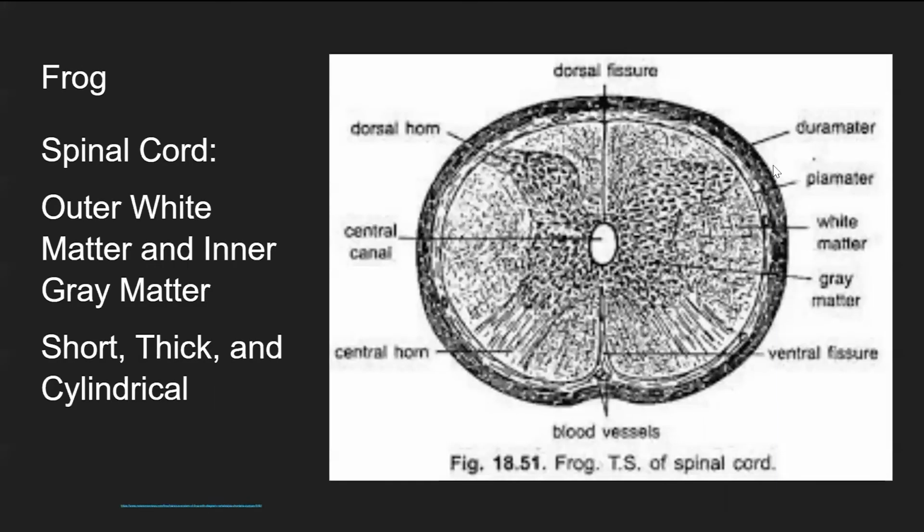The spinal cord consists of outer white matter and inner gray matter. It is short, thick, and the size and shape of a cylinder. Similar to the brain, the spinal cord is also surrounded by two meninges, pia mater and dura mater, that contain